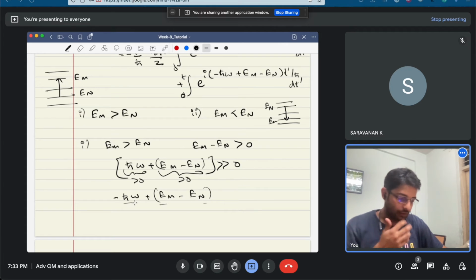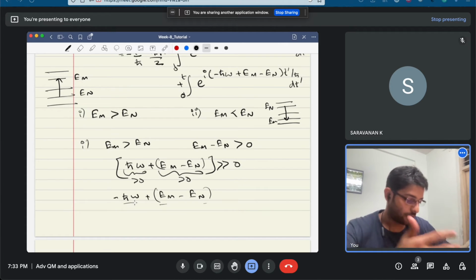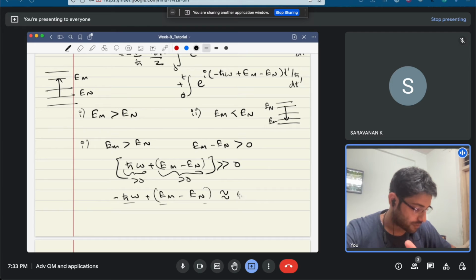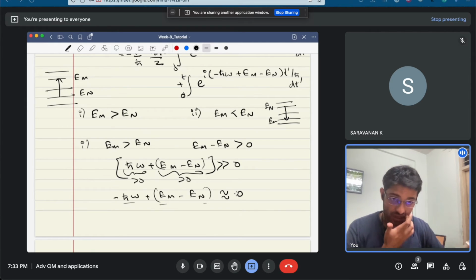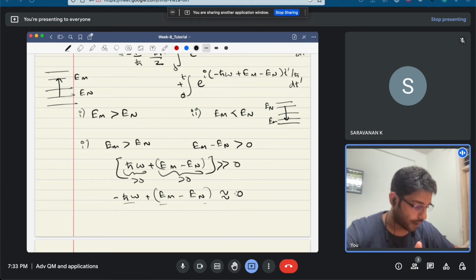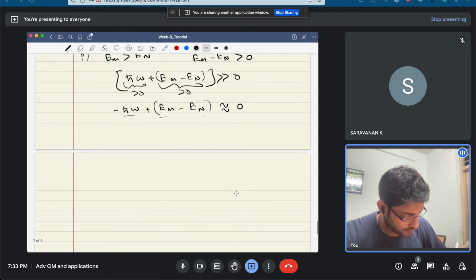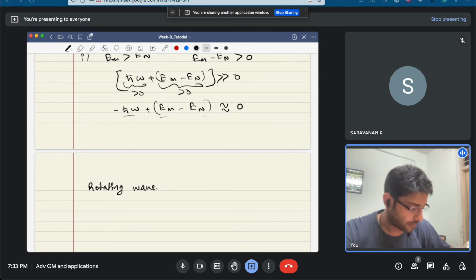So the term of the resonance frequency actually comes up from here. Whenever these exponentials have the factor which is close to 0, only then are they valid, otherwise they are actually 0. Why that is 0 is because of something called the rotating wave approximation, that I believe we have discussed in some previous